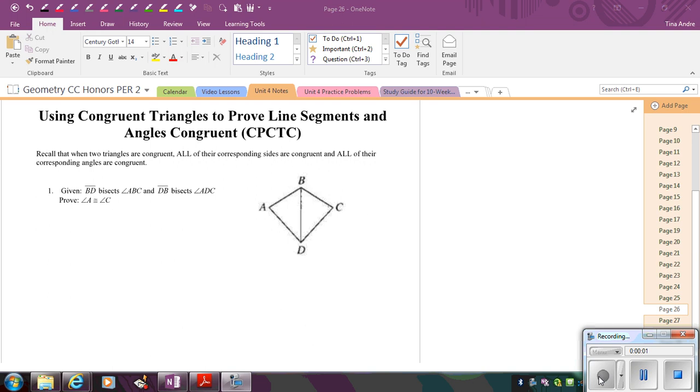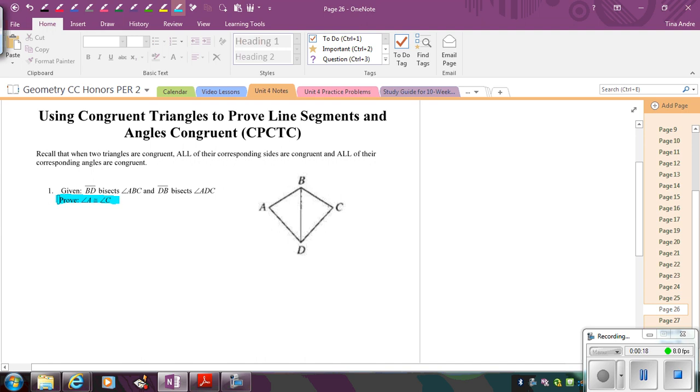In this lesson, we're going to look at how to prove parts of congruent triangles are congruent. So what I mean by that is instead of proving the triangles are congruent, if you look at this first example, you're trying to prove a set of angles are congruent. So what we're going to use is a theorem called CPCTC, which stands for corresponding parts of congruent triangles are